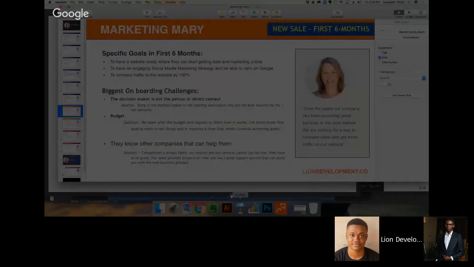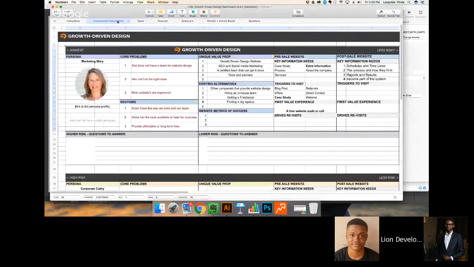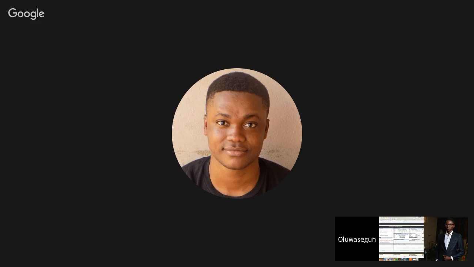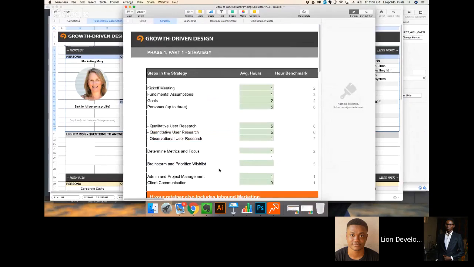So let me go back to the template, so I can show you. Let me see which one. So the main problem becomes what exactly do we tell the client? Do we go straight into breaking down the entire project and the steps without showing them the hours? What I think is we show them, let me zoom in. Can you see the screen? Yes, I can see it now.